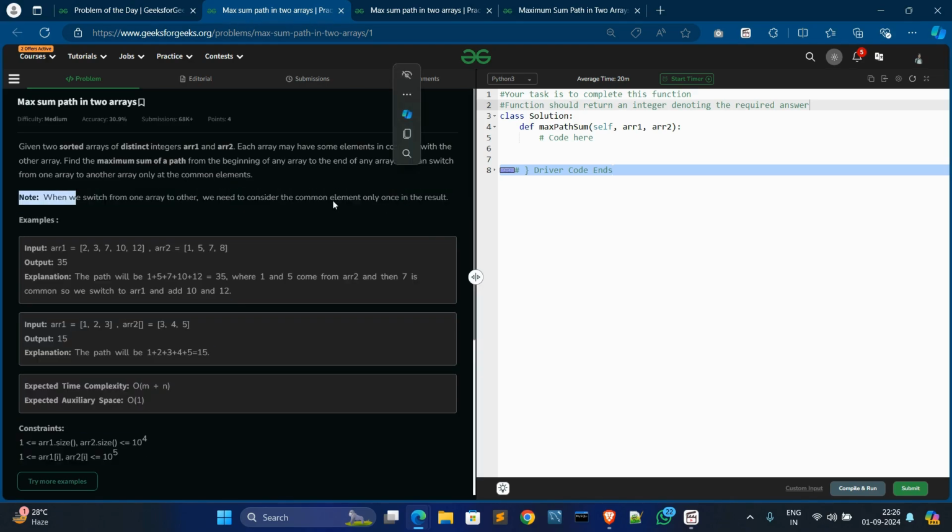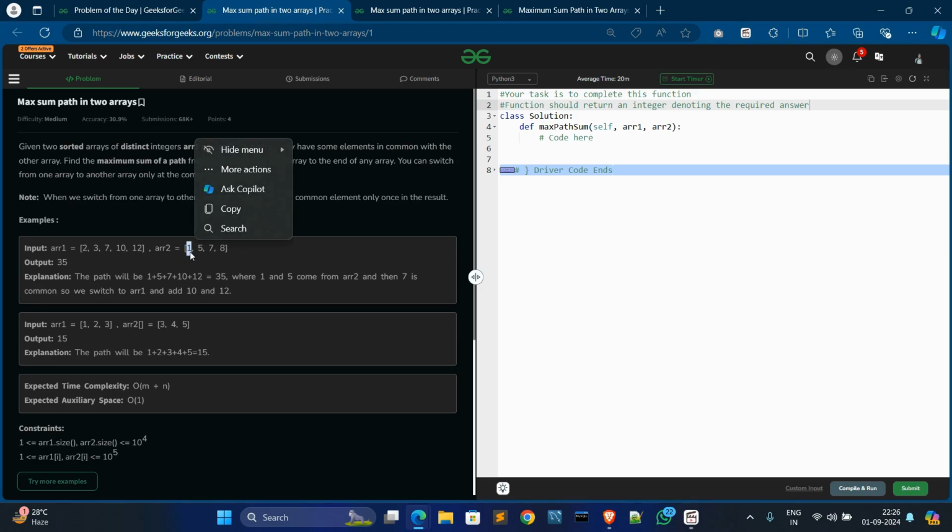Okay, now the given example: this is array 1 and this is array 2. The first element of array 1 is 2 and the first element of array 2 is 1, and the second element of array 2 is 5. If we consider array 2 first, meaning the zero-index element 1, plus 5, then 7 is common in both arrays, so we also add this, and then 10 and 12.